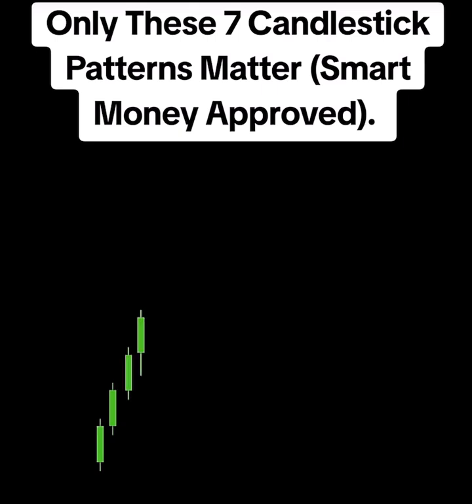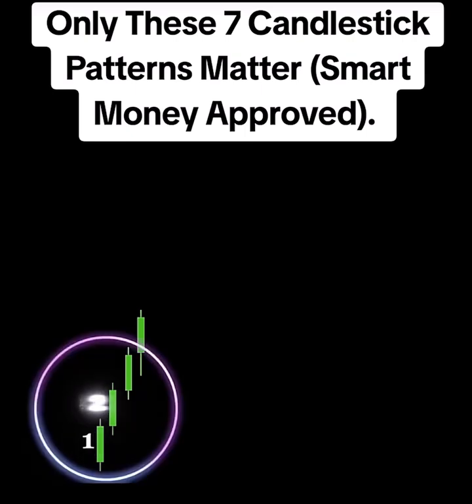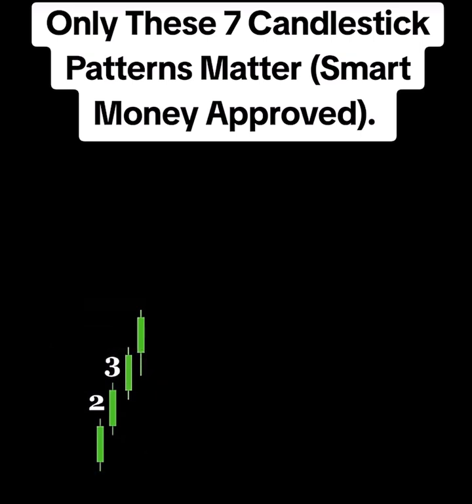So, how do you actually trade the green wall? Not like the average retail trader chasing green candles. You trade it like the professionals do, with patience and precision. First, wait for all 3 candles to complete. Look closely at the second and third candles. If their lower wicks are barely visible, and the third candle's low is higher than the first candle's high, that